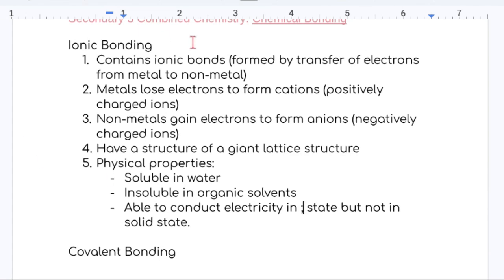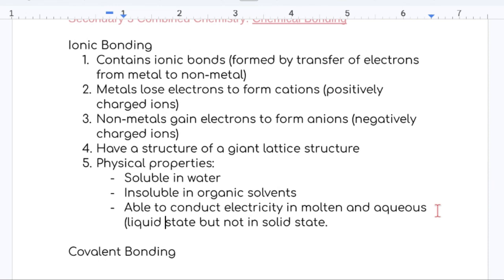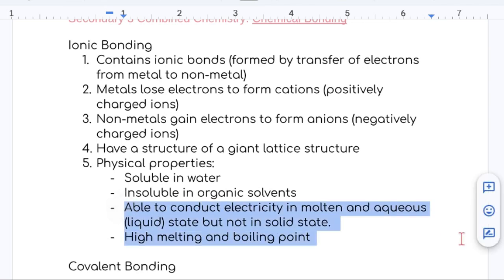Okay, and last but not least, they also have high melting and boiling point. Before I go on to explain how they are able to conduct electricity in molten and aqueous state but not in solid state, and how they have a high melting and boiling point,